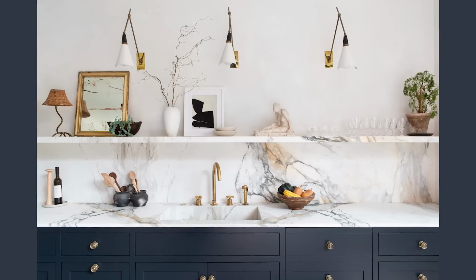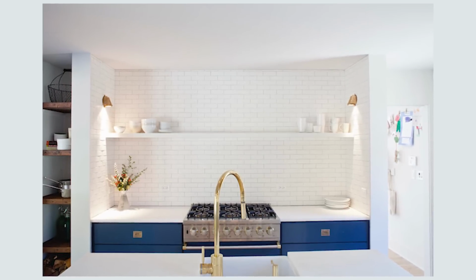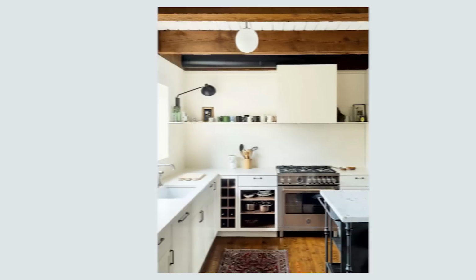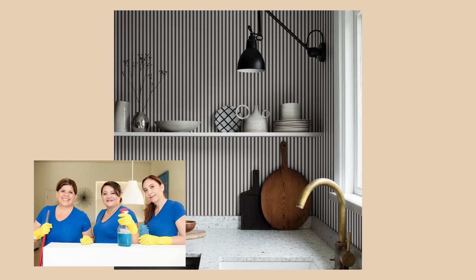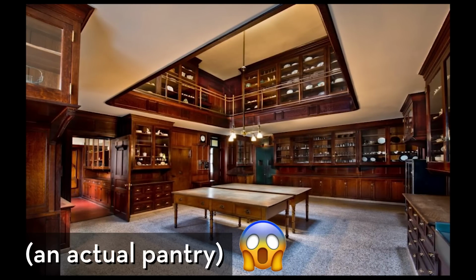I think the single open kitchen shelf looks absolutely beautiful in pictures when it's styled with expensive decor and paired with incredibly expensive marbles and other luxury materials. And there's all this bare wall space and breathing room and the restraint, and it's undeniably gorgeous. And if you have a live-in housekeeper and a pantry the size of the average apartment, this is a great idea. But if you're a normal peon like me who cleans her own kitchen and has a pantry the size of